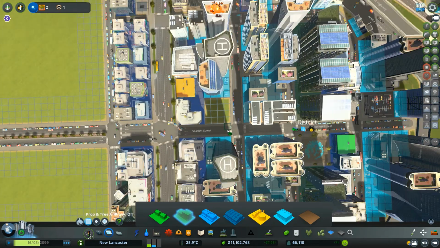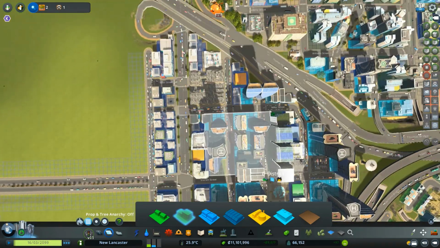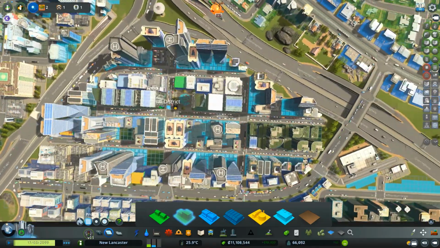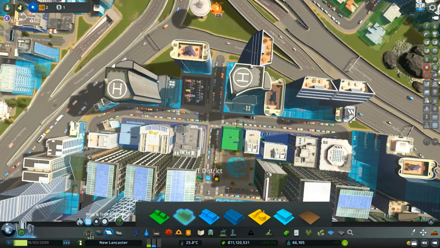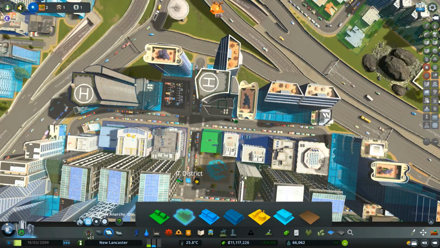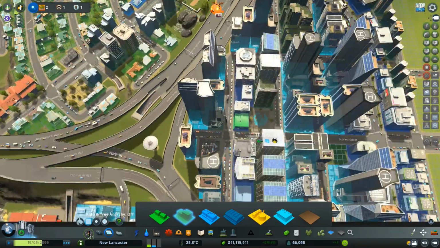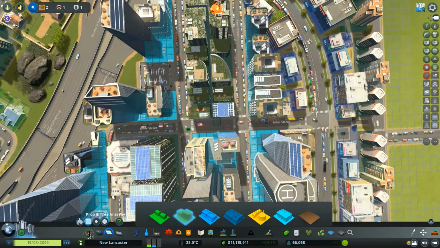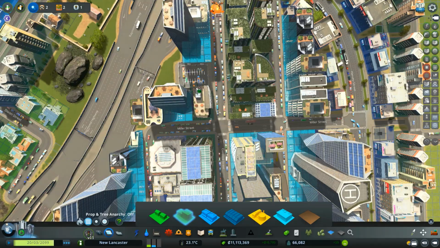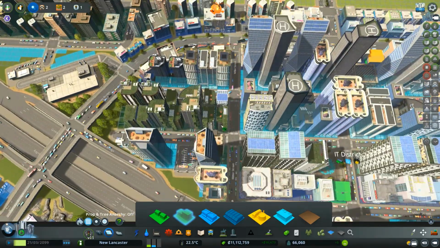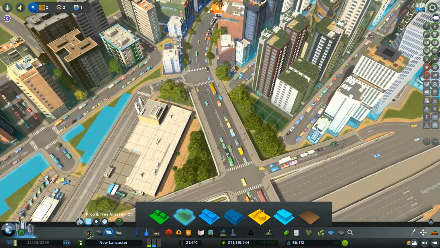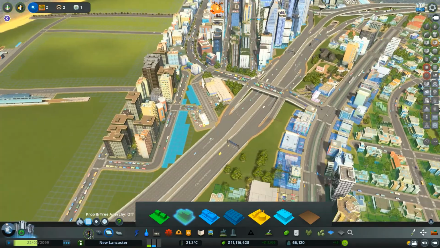And then I'm just going to zone in residential where those buildings were. Cool. And then I'm going to take out just that one and make that residential as well. And then I'm going to just take out this one and do the same. All right, so hopefully that should add some more residential to the area as well.